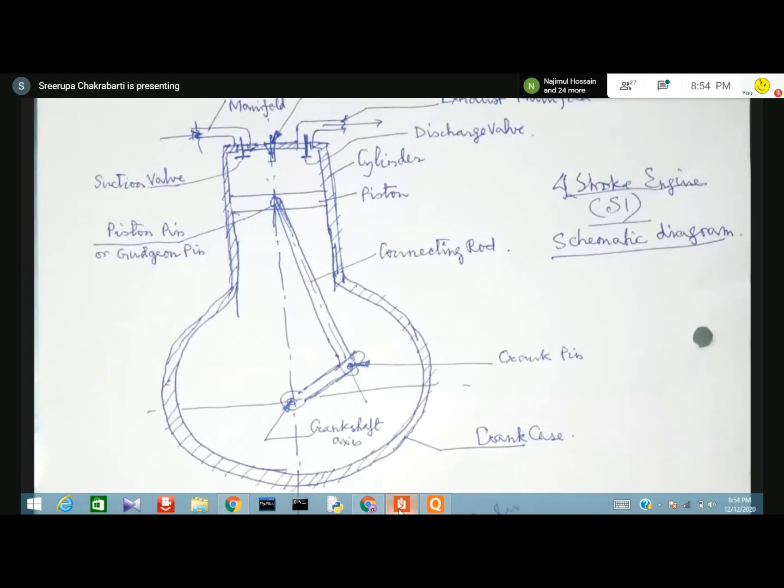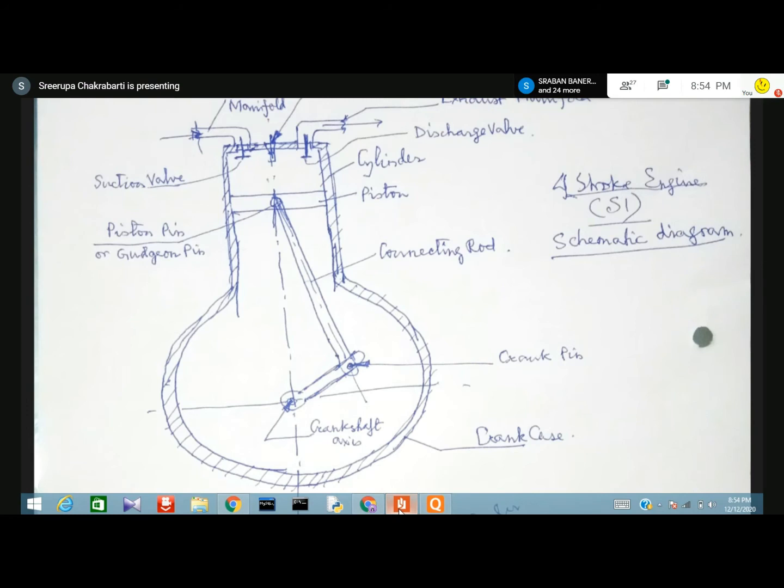You will understand it only when you see the thing with your bare eyes: the hardware, the components, and how they are moving. That also you'll be able to see. So we'll wait for that because we are in a course, and the course is about the engine only. So we have time, and we'll definitely be able to show you.